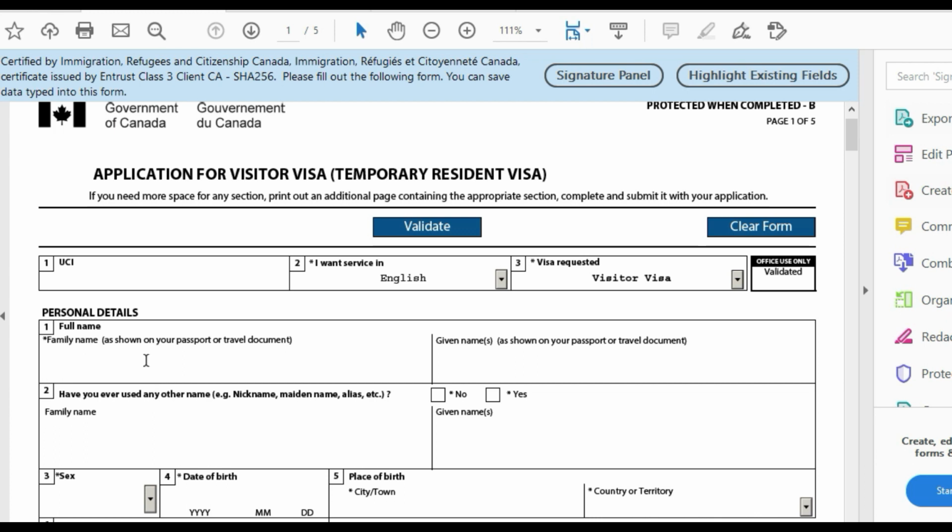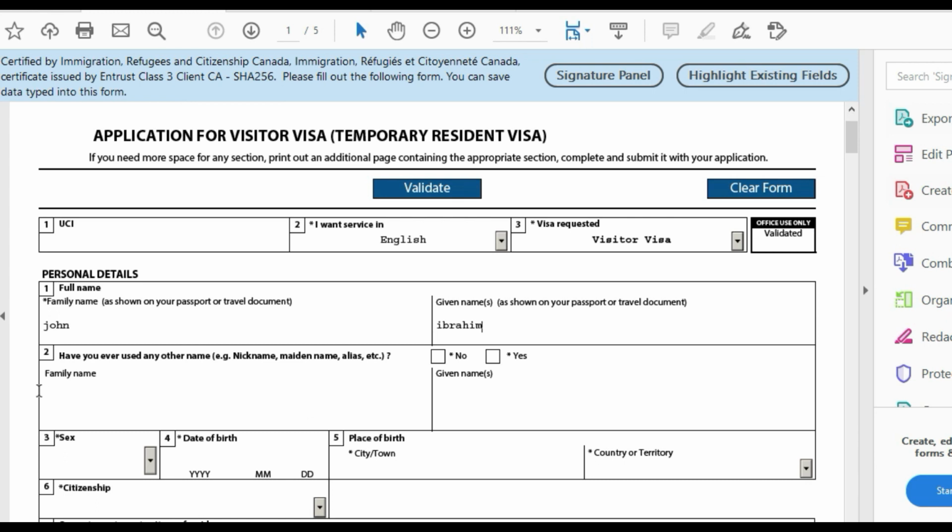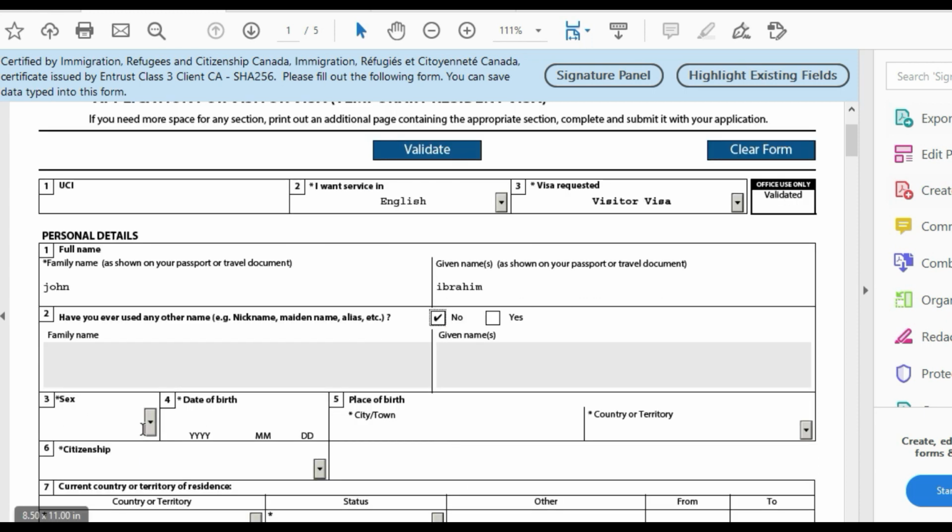Alright, here you have to write down your name. If you have a family name, write it. If not, just leave it. Male selected. Date of birth you have to write down here. First you have to write down the year.